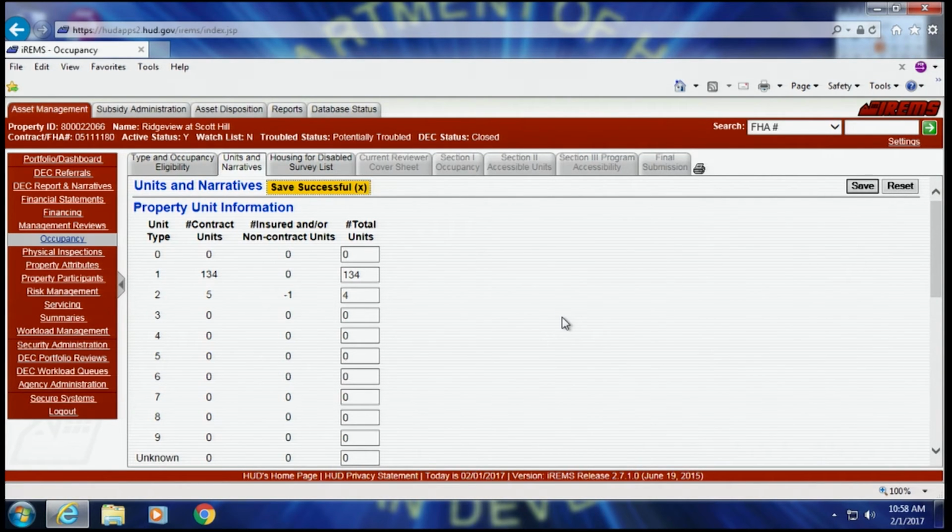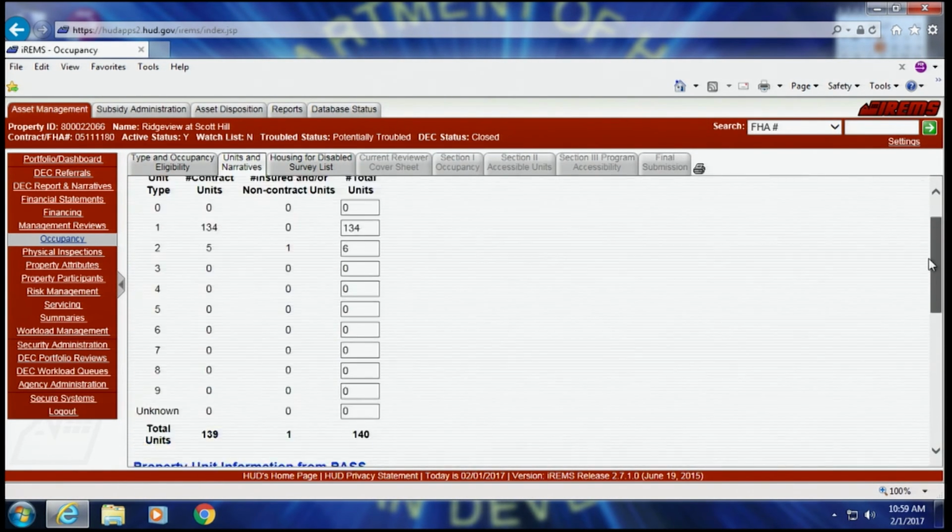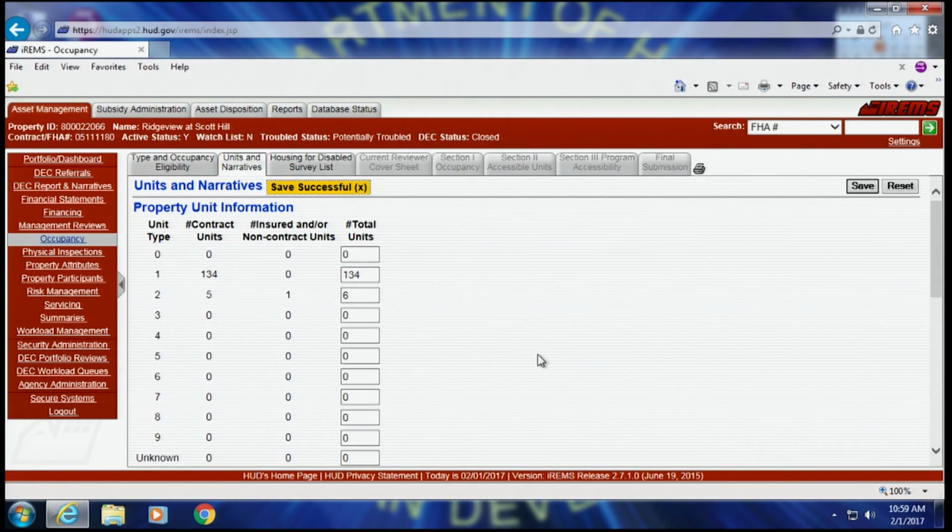It is always a difference between the total number of units and the units that are on the HAP contract. So to correct this, I'm going to go in there and I'm going to put in a 6. I'm going to hit save, and voila. I no longer have a negative number, which means I don't have negative units. This is really important because this impacts what the REAC inspector is going to look at. And of course, we're always striving for accurate data in IREMS.